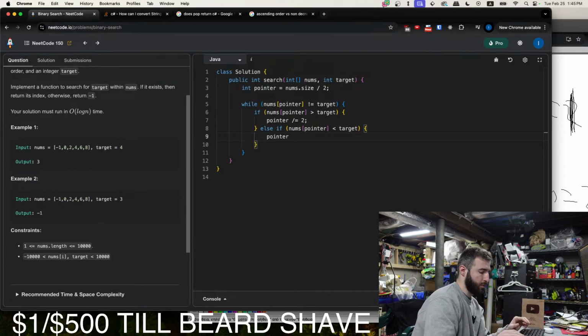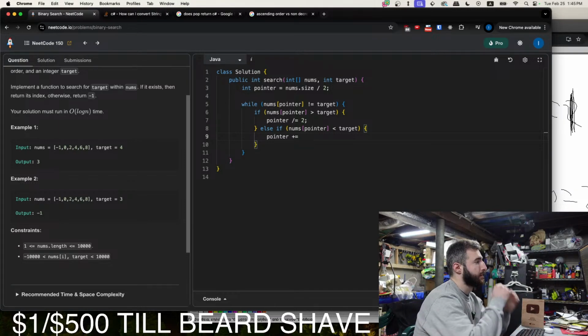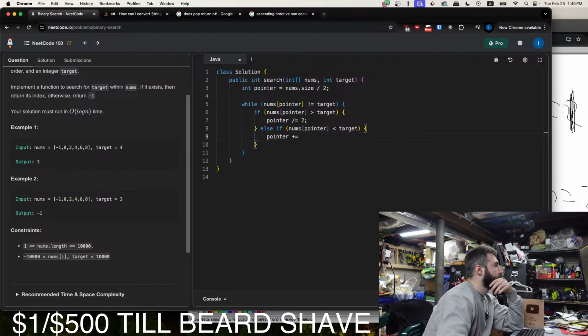It's plus equals. Let's think about this a little more. So let's go through an example.